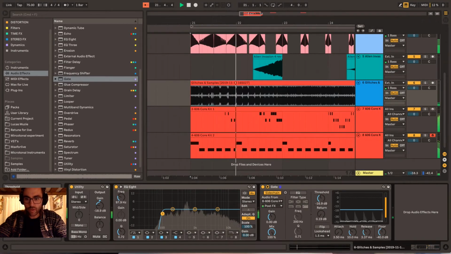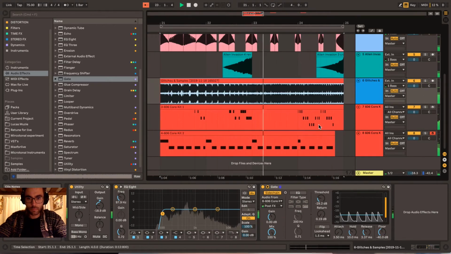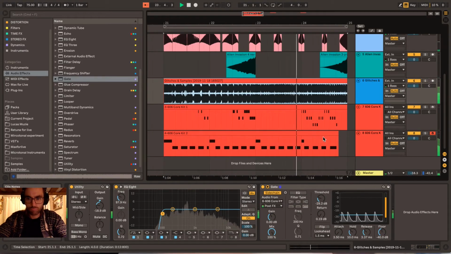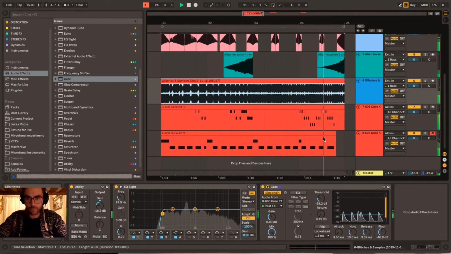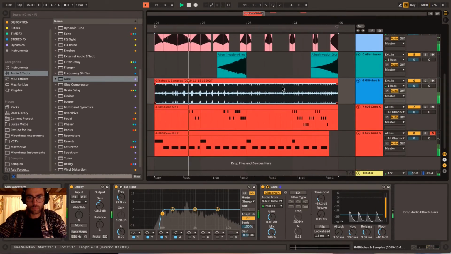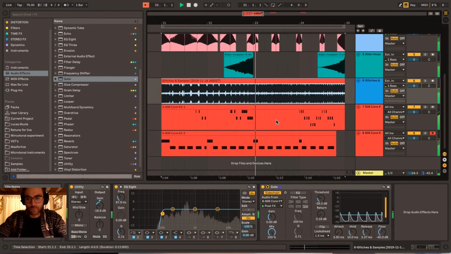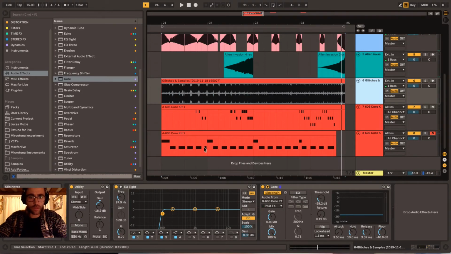Okay, now we really have to lower the threshold. I quite like it in the hi-hat channel, and in order to make it a little bit more dense, I